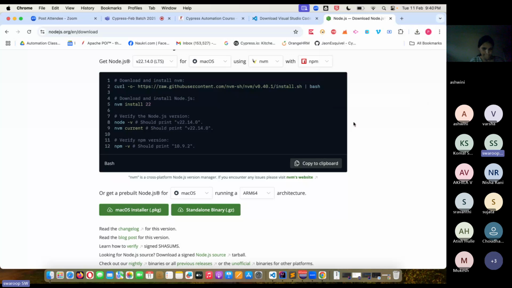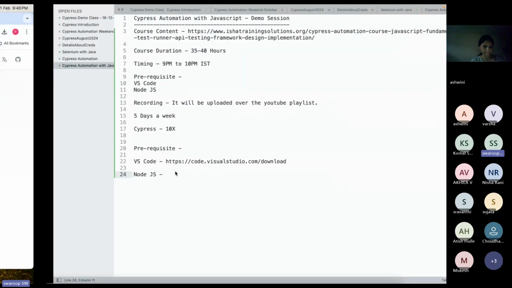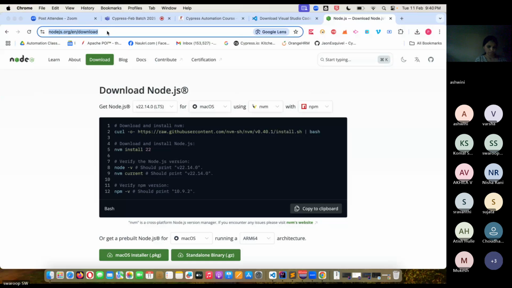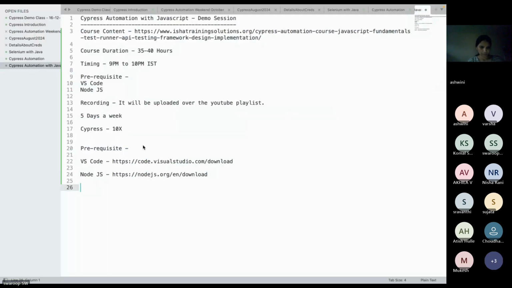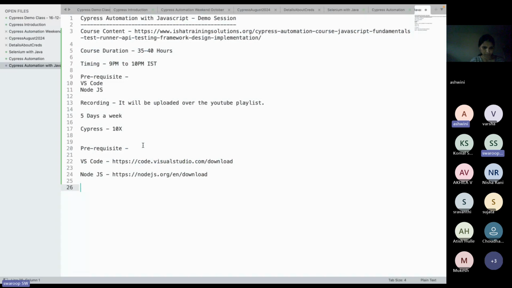Two things are required, guys. One is VS Code and second is Node.js. Anybody has any doubt, any query, any questions? Okay,